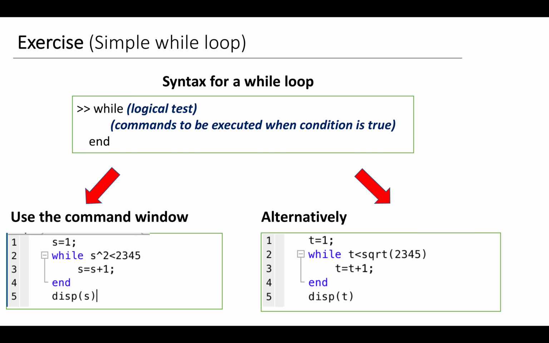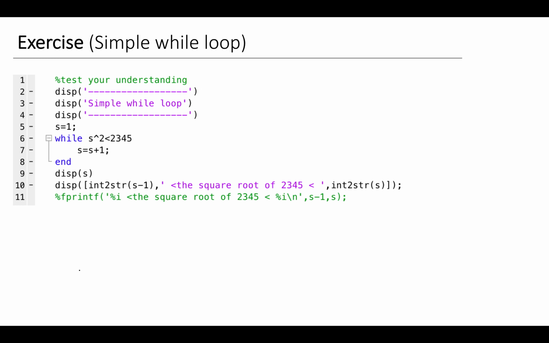So we know that is 49. Is 49 less than the square root of 2, 3, 4, 5? No, it's not. It exits, and line 5 is executed, printing t equals 49. So they're the two approaches. I like the one on the left, but they both give some insight into while loops, and that was the whole point of the exercise. Okay, so the final answer,